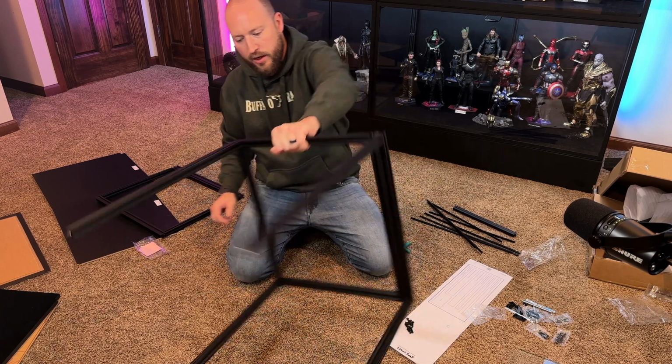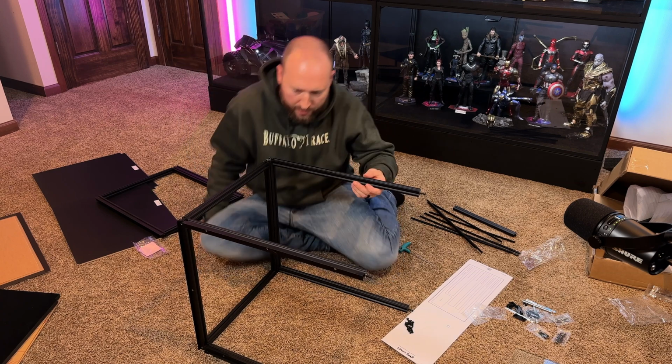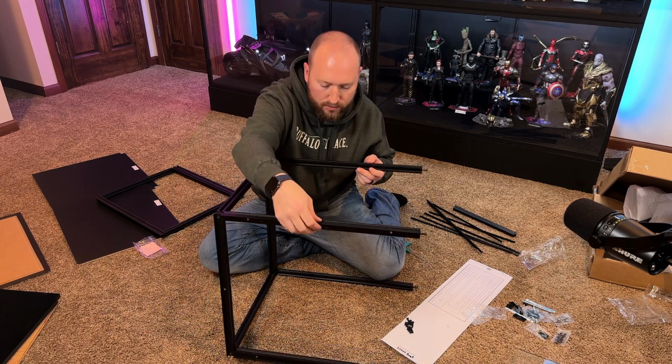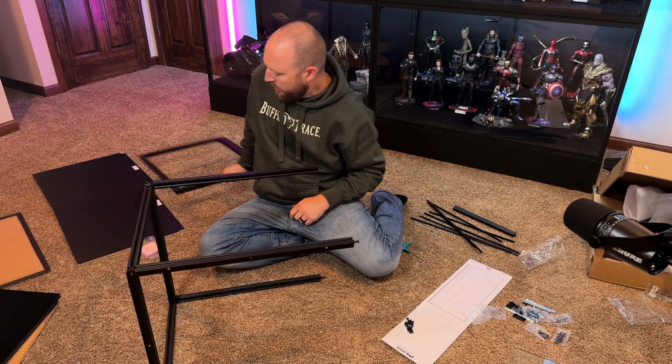All right, so there we have 3/4 of the frame together. As you can see, we have the magnets on top, bottom, and the side. We have the screw hole at the top as well. So now we're going to take our